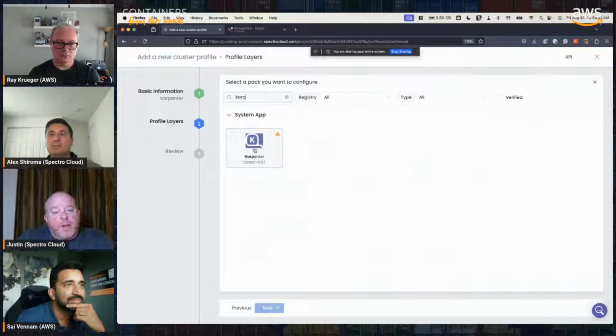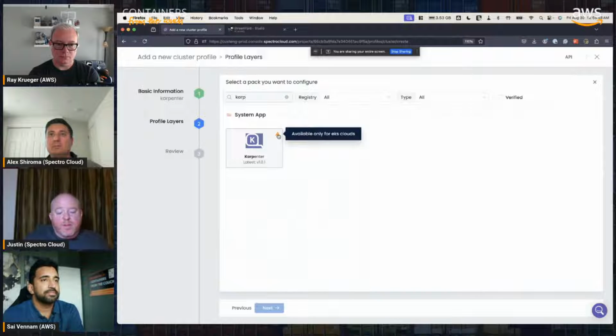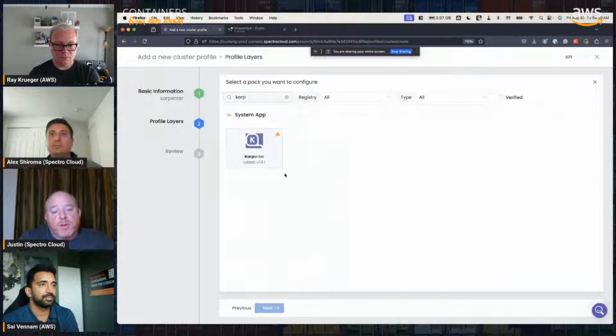But one of the things we've added in here is constraints. It says, hey, you can only deploy this on EKS, because remember, we're building profiles that could potentially be deployed on any cluster type, on premises, edge. We have quite a bit of edge customers that are leveraging Amazon as well, and they want to have a common stack. But we want to make sure that they're not deploying components on edge that won't work on edge. So, we can put constraints within the pack. We can put dependencies that require specific versions of Kubernetes to be enabled.